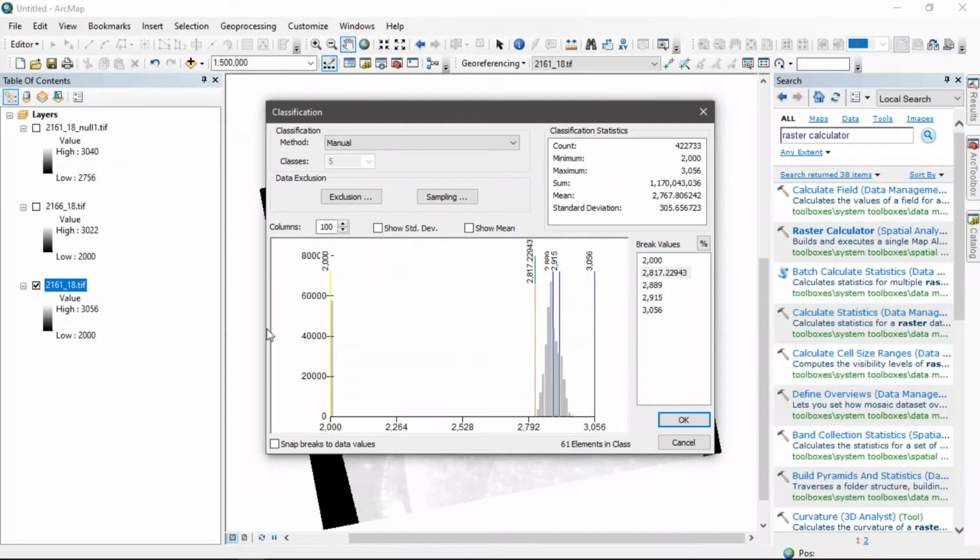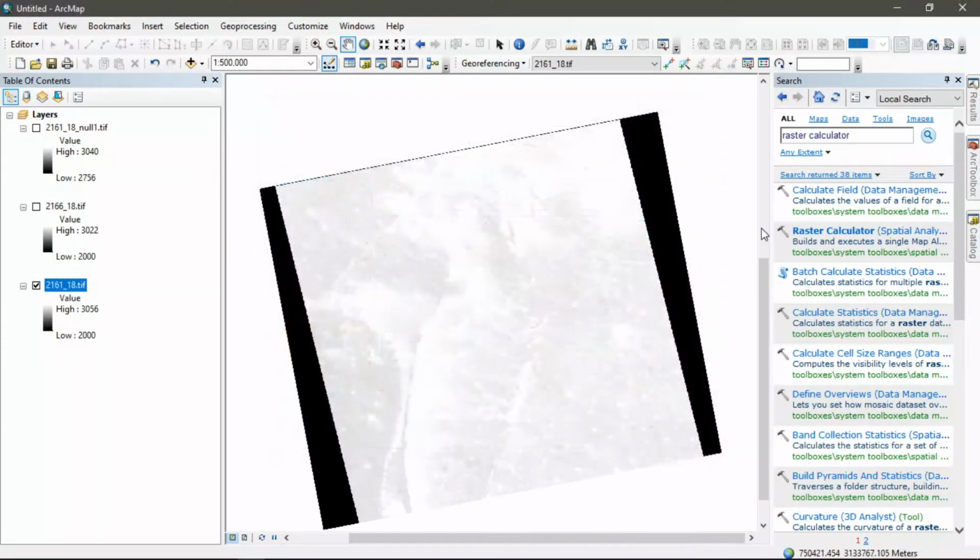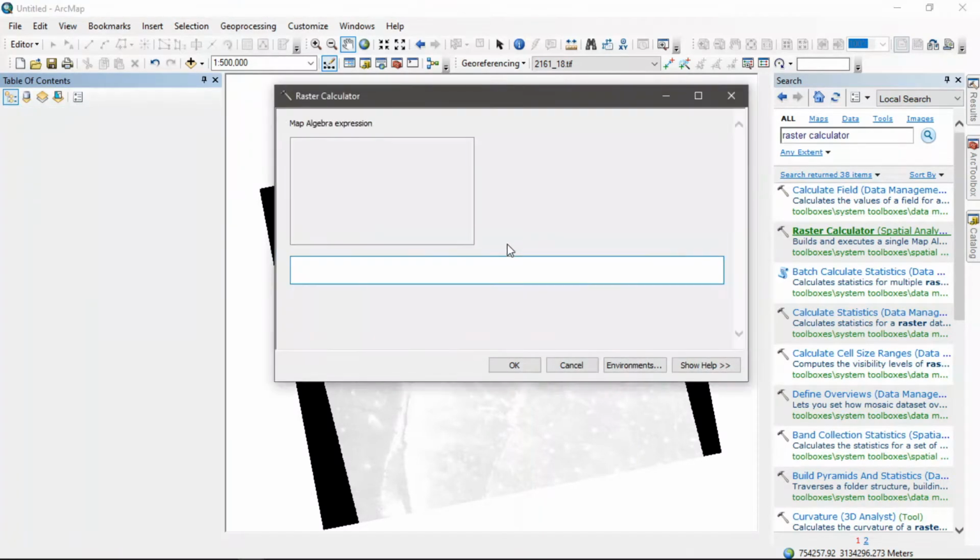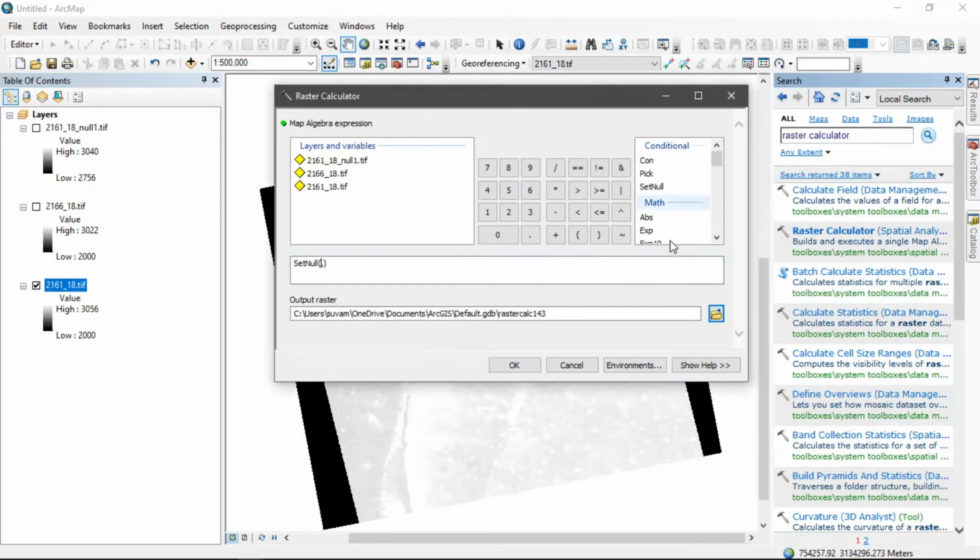So here also values below 2500 are actually the null values. So for that we do the raster calculator, and Set Null, 2618 is less than 2500, otherwise 2618.